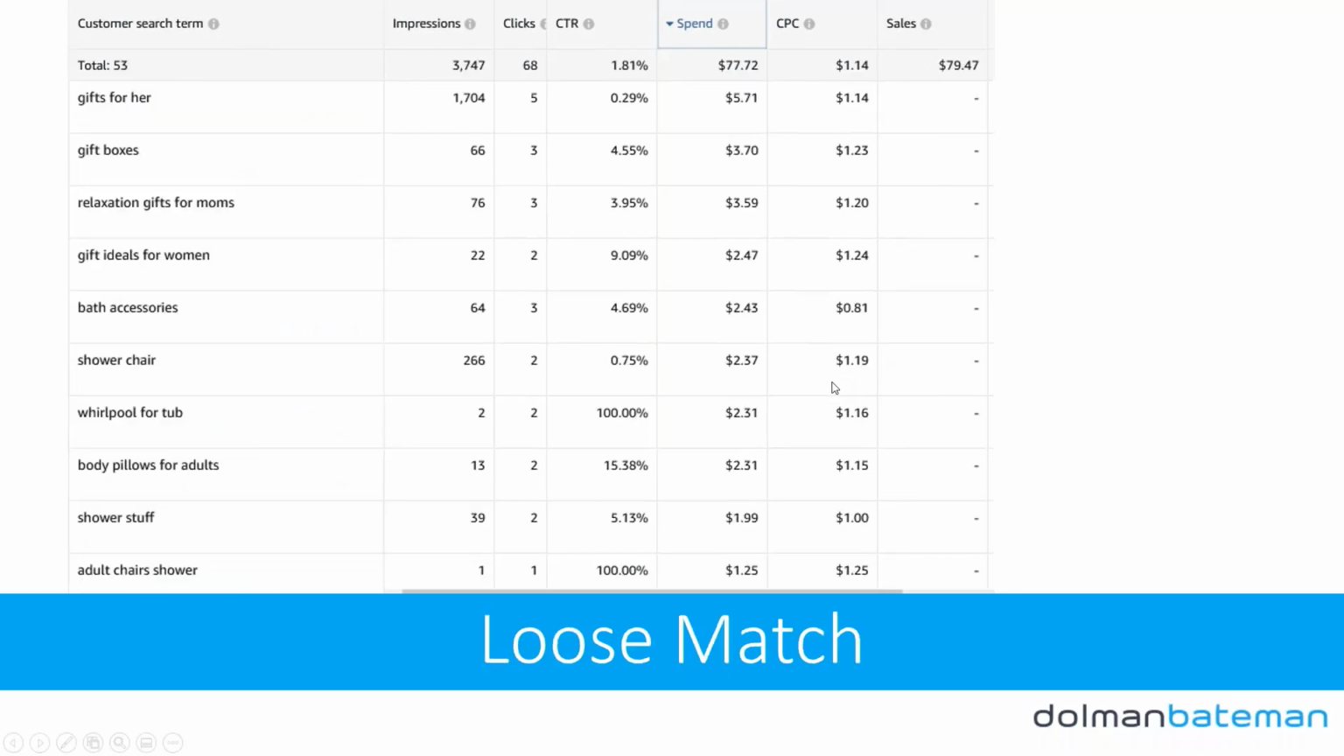Okay, loose match. So these are things that are, here we've spent $77 here. So we've got gifts for her, gift boxes, relaxation gifts for mums, moms, gift ideas for women, bath accessories, shower chair, whirlpool for tub, body pillows for shower stuff, adult chairs, shower. So